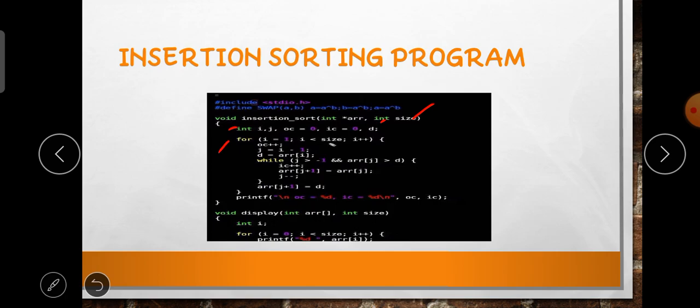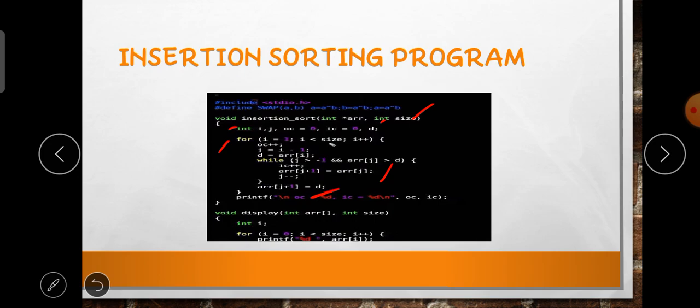There is a for loop, and inside it another loop, so the order is n squared. Insertion sort has n squared time complexity. First, initialize i with the size of the array, and OC is incremented. For the second, inner loop, IC is incremented while it is working. Assign the j position, take the element and store it in D, and check the comparison in the while loop, comparing the value to be swapped and decrementing the j value, then take that element and push it back into the list.